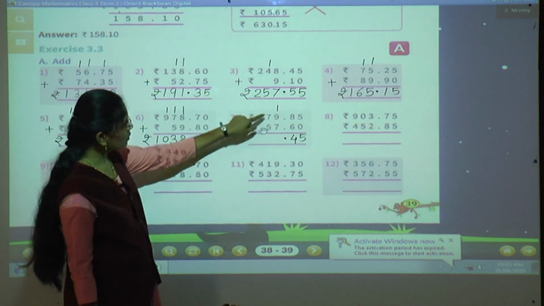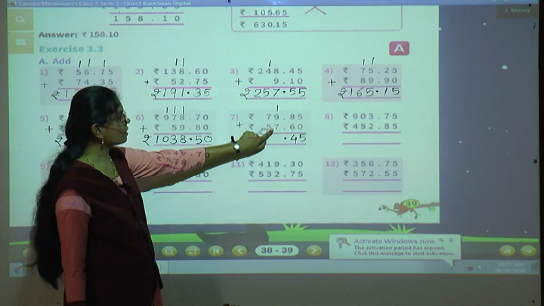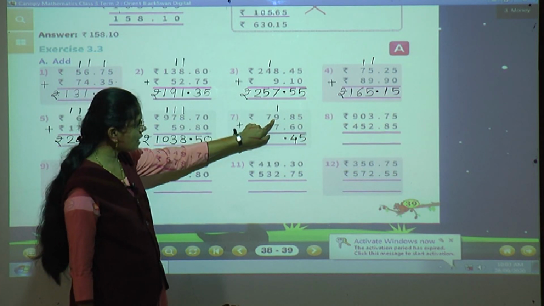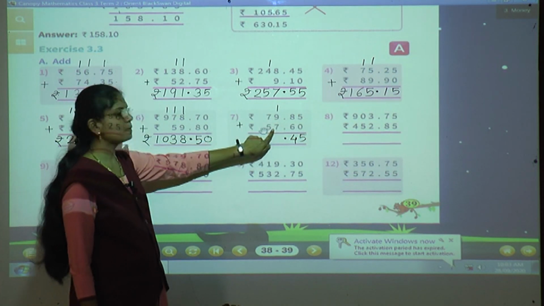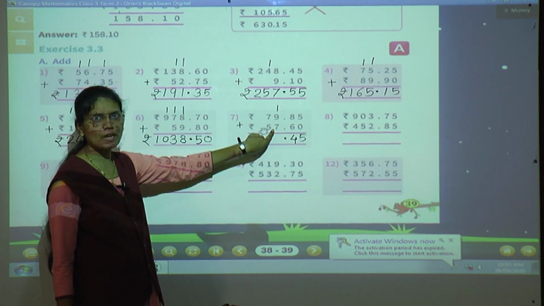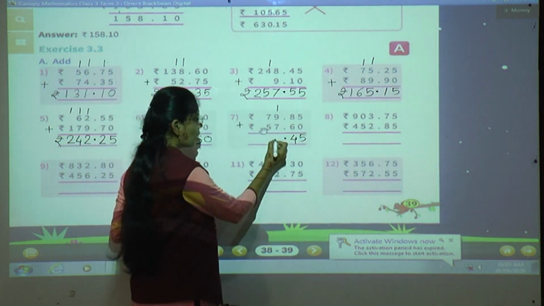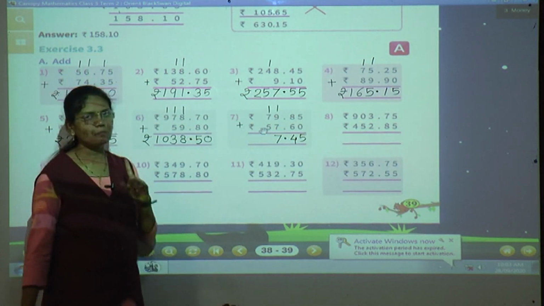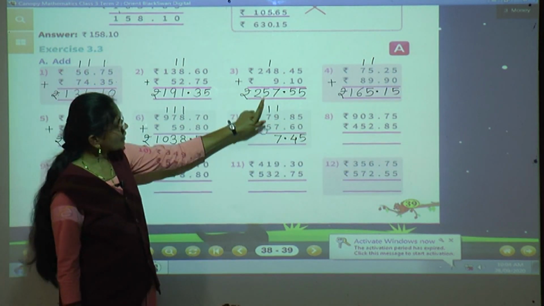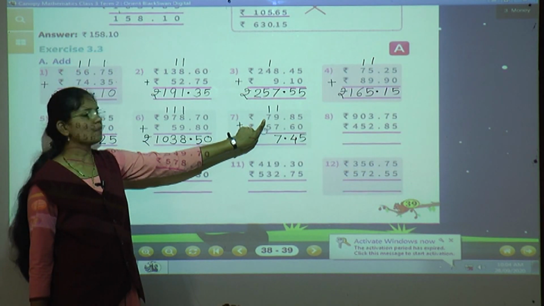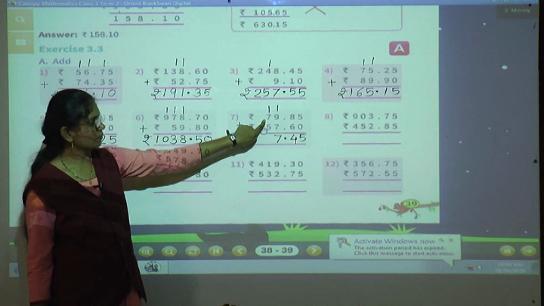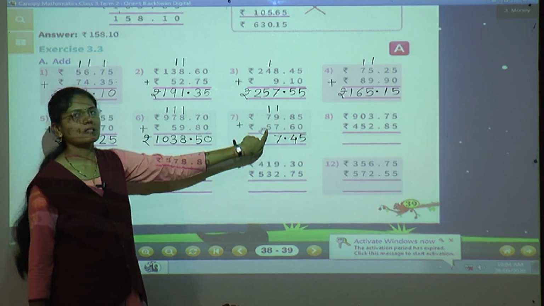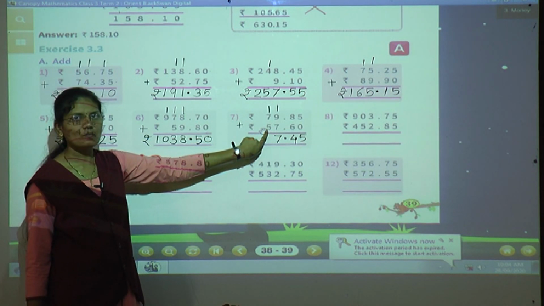Here now 3 digits are there that we have to add. 1 plus 9, 10. 10 plus 7, 17. So what you will write here? 7 and 1 as a carry to the next place. Okay. 1 plus 7, 8. Then 8 plus 5,